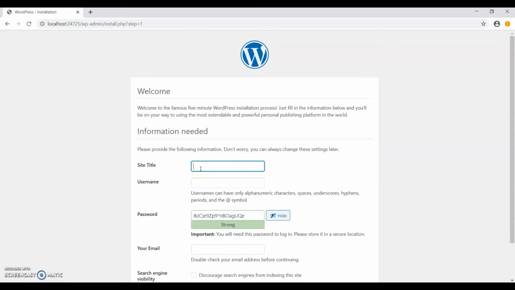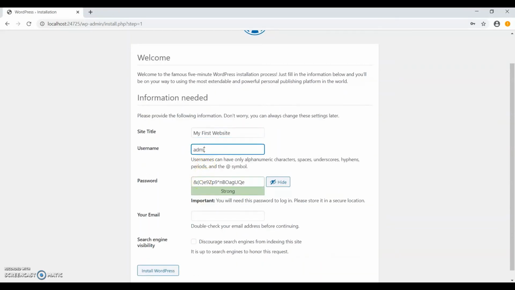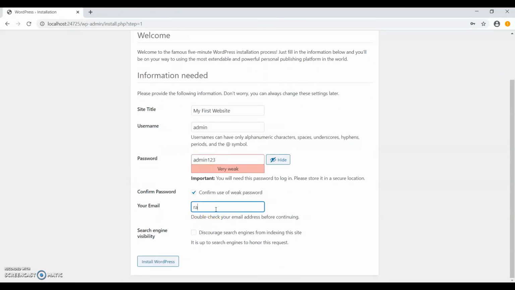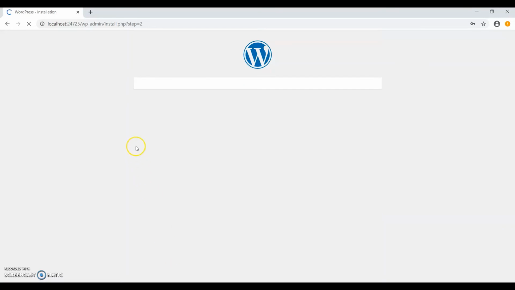Okay, my first website, give the site name, give the username and password. So I'm giving a simple password, confirm the password and the email ID. Install WordPress. It will take a few seconds to install WordPress in your application.